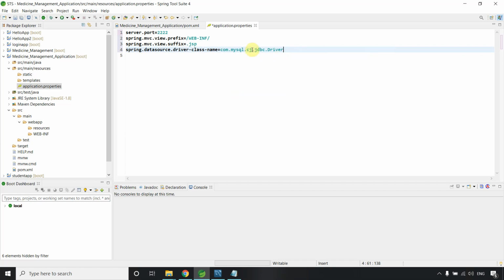In previous versions we did not use cj, but the latest version includes cj here. So make sure you are doing the right thing there.